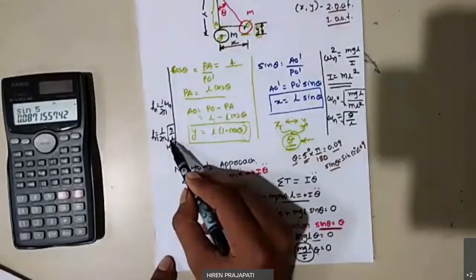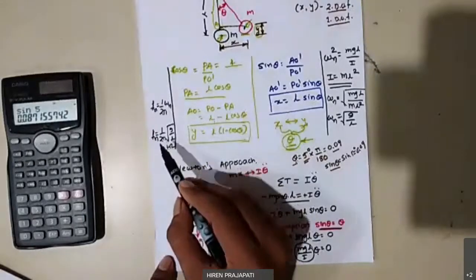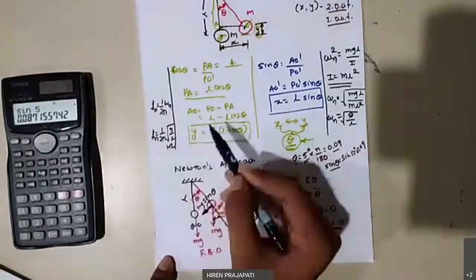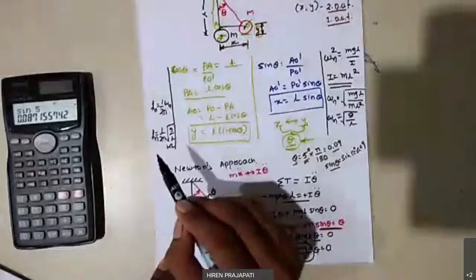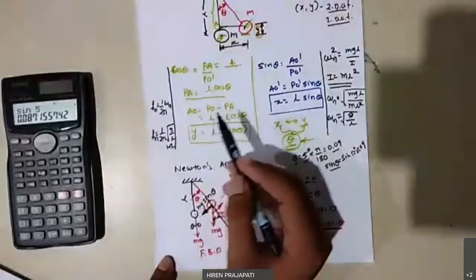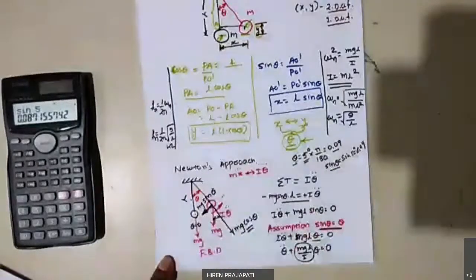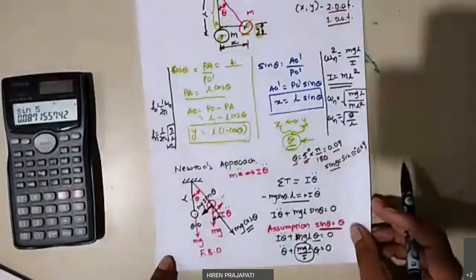So if you are using the same pendulum on Earth and on Moon, it will have different natural frequencies on both planets, right? So that is the effect